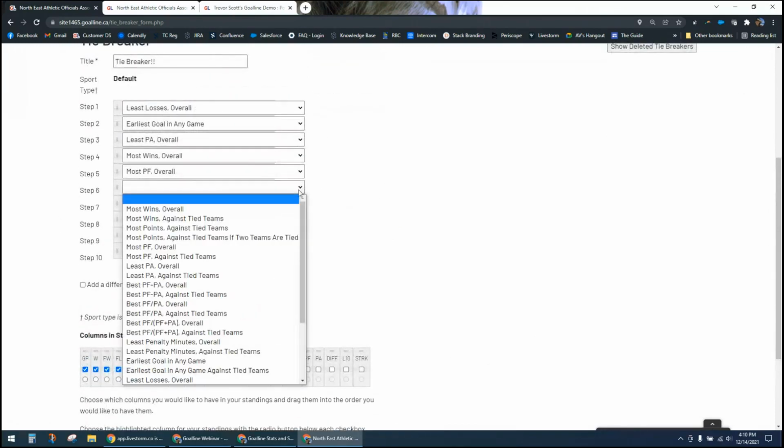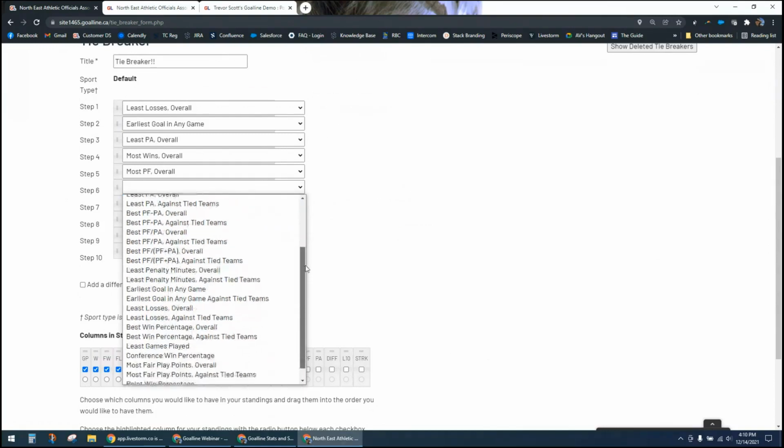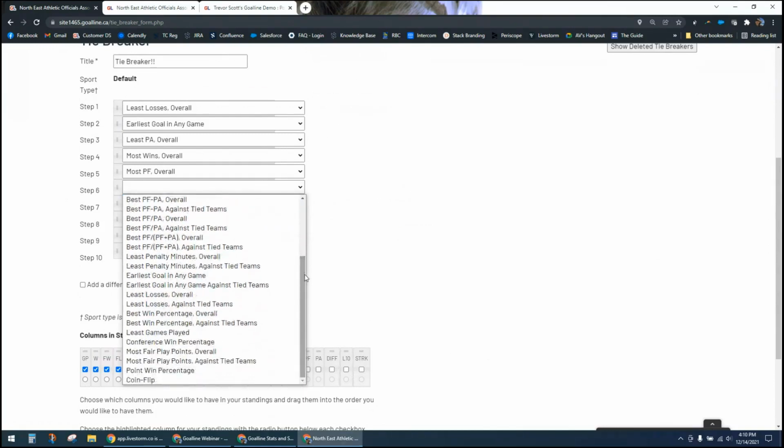I'll just open the drop down here and show a little bit of what those options are, but there's all kinds of layers here that should be applicable to any kind of sport and any kind of competition rule that is going to use things like goals for, goals against, points for, points against, penalties and things like that. There are some tie-breaking layers that you can select regardless of your choices when it comes to individual player statistics,